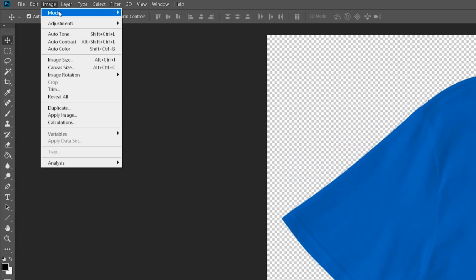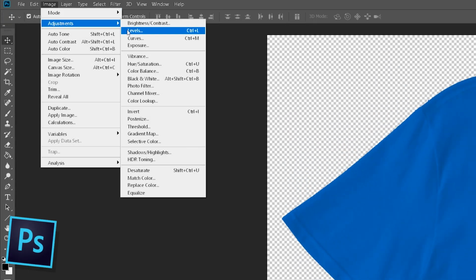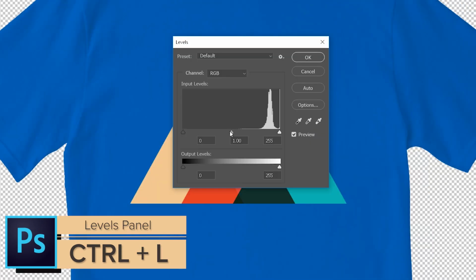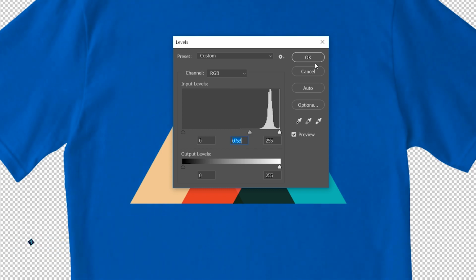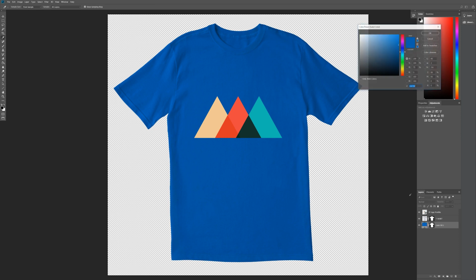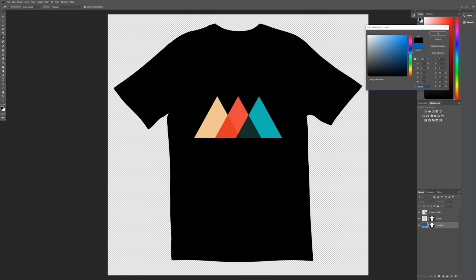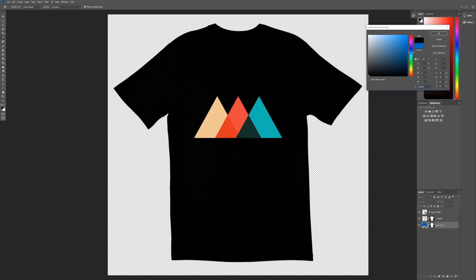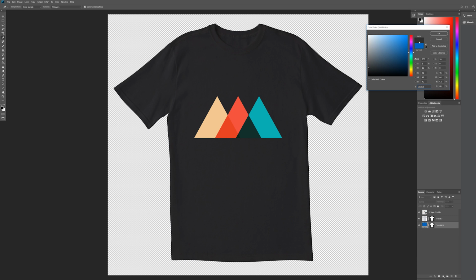Now go to Image, Adjustments, Levels to adjust the midtones and give the t-shirt a more realistic look. Remember, this works best if you have chosen a plain white t-shirt because it's easier to change the color. You should also avoid painting the shirt in pure black, since it hides all the fabric details. Instead, choose the darkest gray for a more similar look.